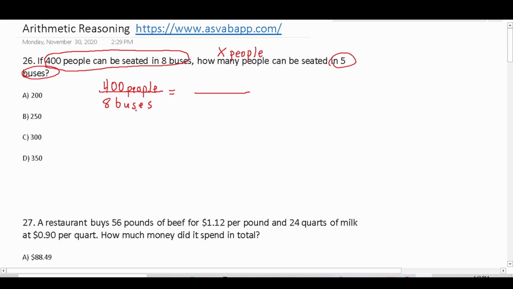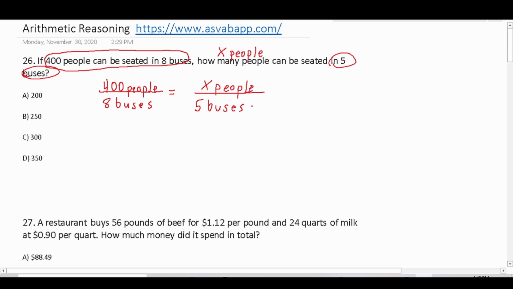You keep your units the same on the left-hand and right-hand side of the equal sign. So in the denominator over here, I have buses. So over here, I'm going to put 5 buses. And since I have people in the numerator over here, I'm going to put people in the numerator over here. Again, we don't know how many people that is, so it's x